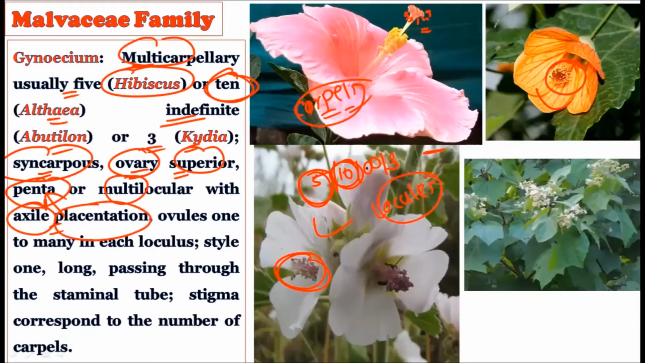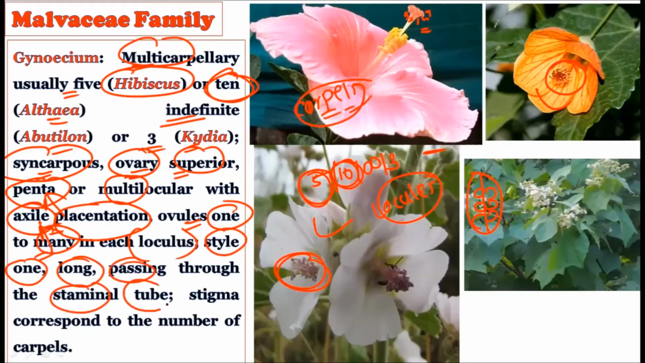Okay, so axile type of placentation can be seen in the ovaries, and inside the ovary, whatever the pattern of the ovules for the attachment to the placenta, this is the axile type of placentation. Okay, ovules are one to many in each locule. In each locule you can find one ovule or many ovules. Okay, the style is long, one, and it is passing through the staminal tube. It is a very long style, a single style, passing through the staminal tube, while